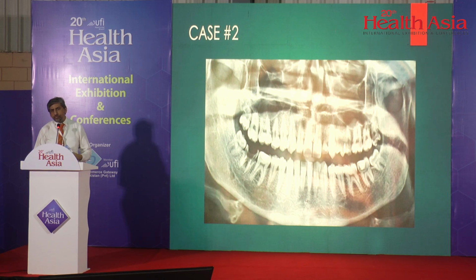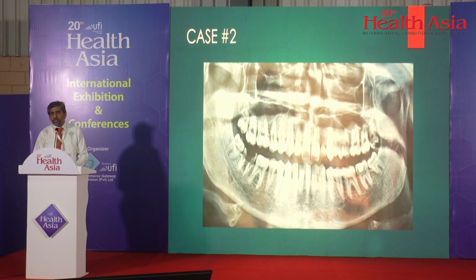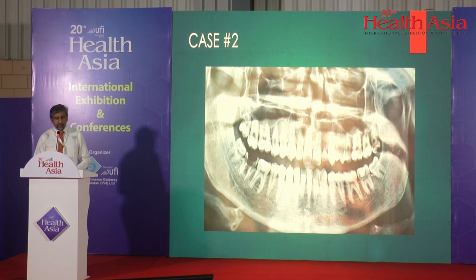So always wait for the bone to grow, or make a bone graft there and then wait for 6 months, then place the implant. The important thing is the atraumatic extraction, and there should be no periapical pathology in that patient. You can use either root in this patient, the mesial root or the distal root. The best approach is to place the implant in the center of that root. If you are able to place it in the center, then it is going to be a good implant.